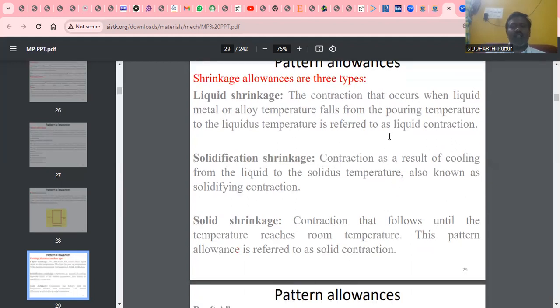Here there are three types of shrinkage allowances: liquid shrinkage, solidification shrinkage, and solid shrinkage. Liquid shrinkage means the volume of the metal is reduced, or the contraction occurs, within the liquid state only. If you pour molten metal at 1500 or 1700 degrees centigrade, then